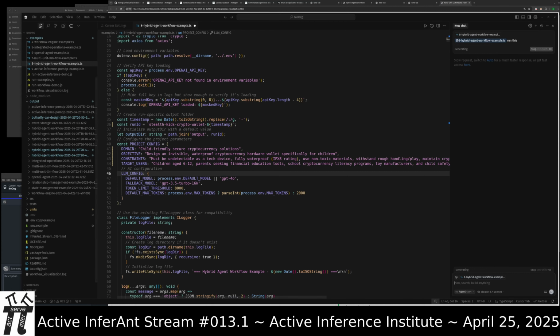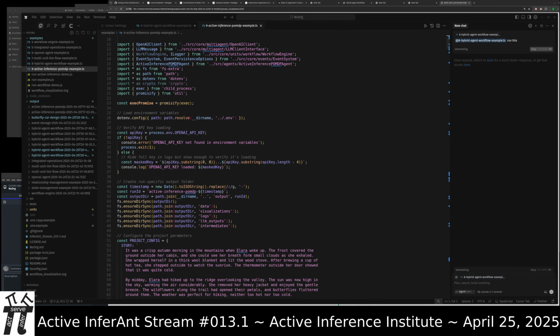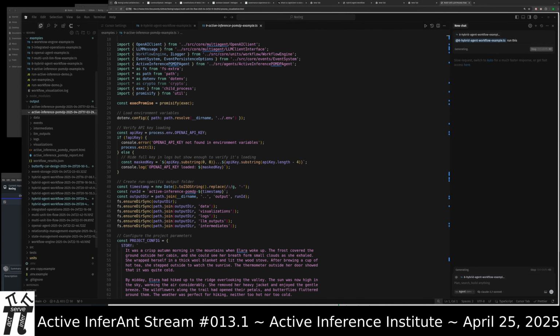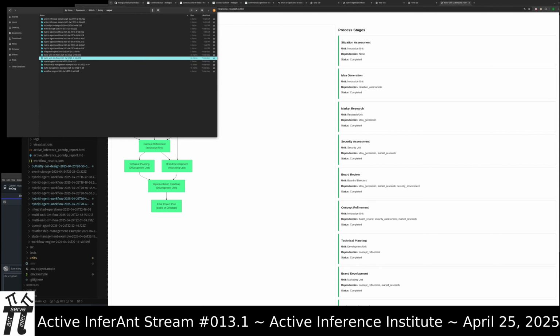All right, so meanwhile, while 8 is running over there, we're going to look at example 9. All right, so example 9, here's where the output is going to get to. Let's go to output.